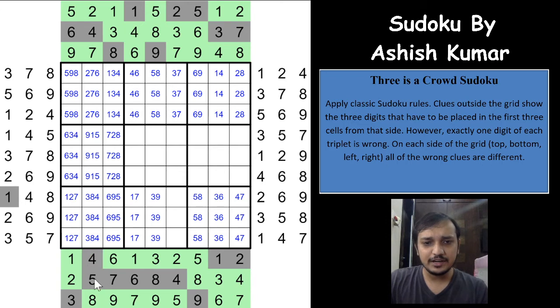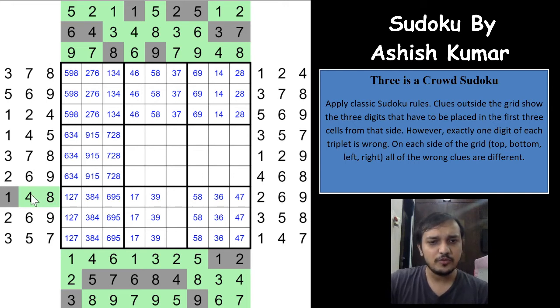So you have a 4 and 8 here, and the same 4 and 8 is appearing here, and both the 4 and 8 are correct. If the digits which are correct are appearing on the other side of the box, then the third digit will surely have to be correct, and out of those 2 digits, one will have to be wrong. So why is it the case? What happens if this is wrong? Both of these will be correct, right?